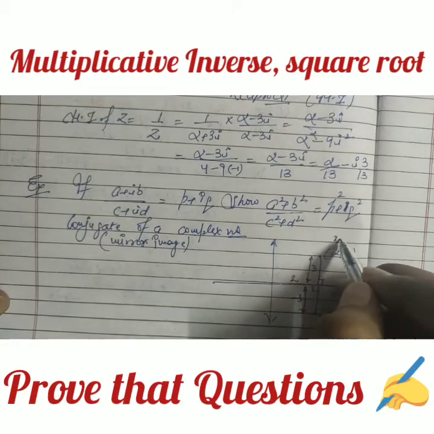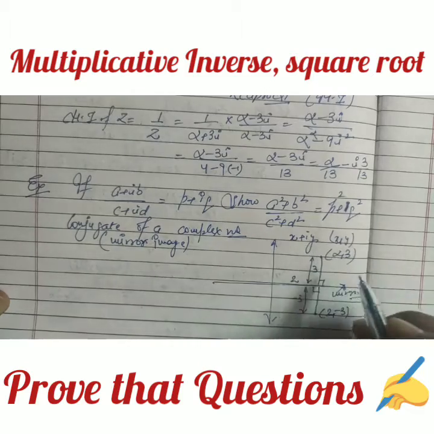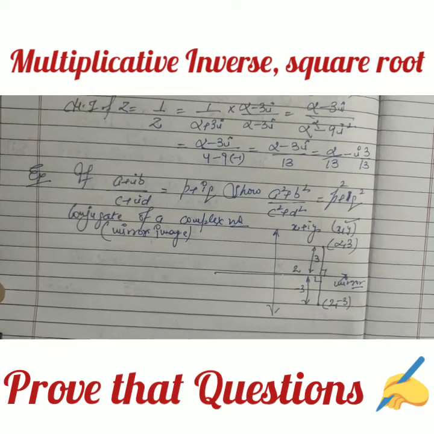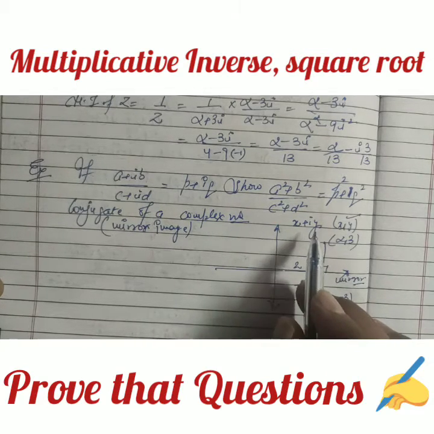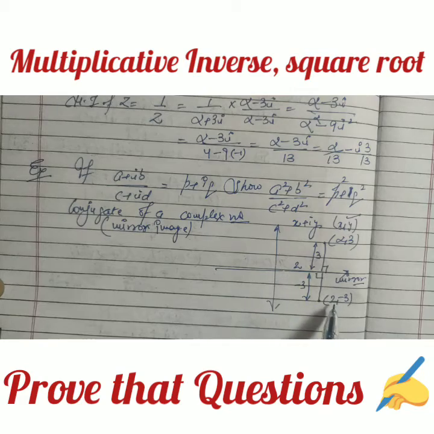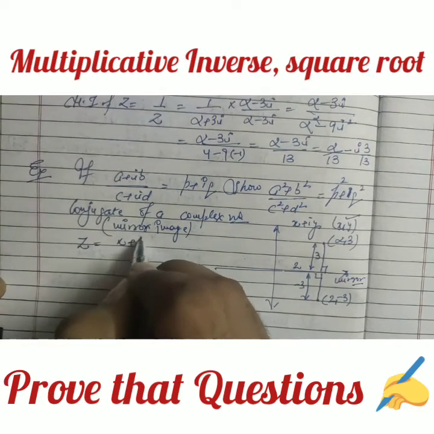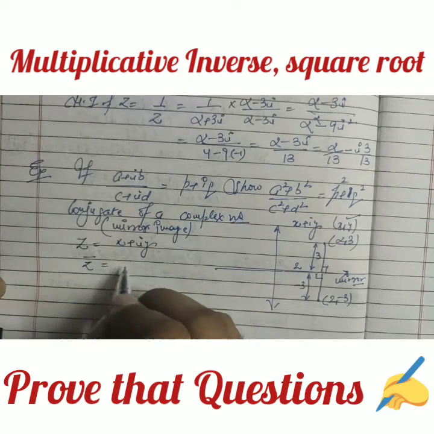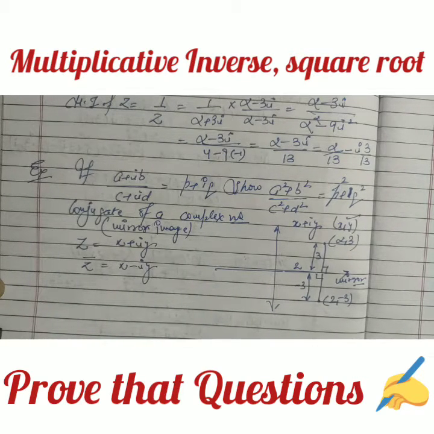As you know, a complex number given by x plus iota y can be represented by a coordinate. So what is the change here? Here the x coordinate remains the same, only the y coordinate changes. Y coordinate means the iota value's symbol changes. So what is the operation? If we have a complex number x plus iota y, this is the symbol of a conjugate. It means change the symbol of iota only, from positive to negative and from negative to positive.